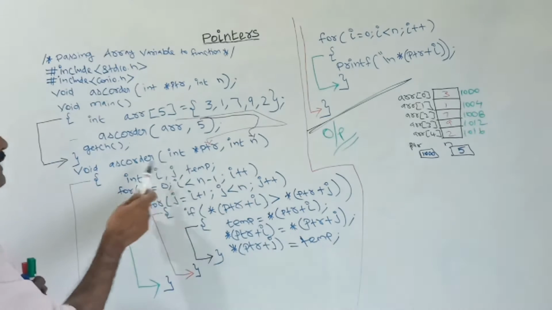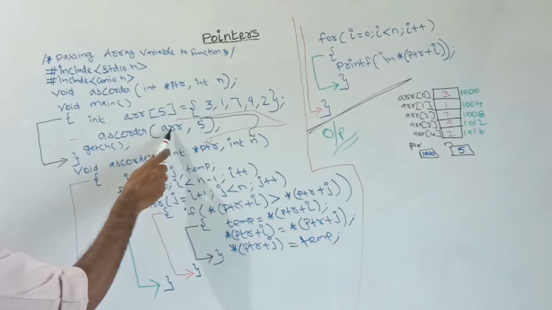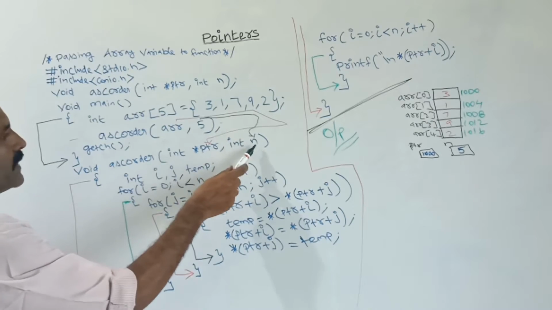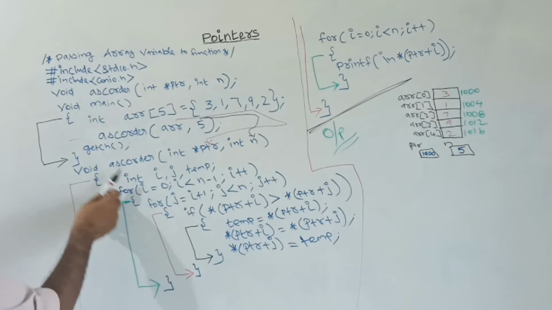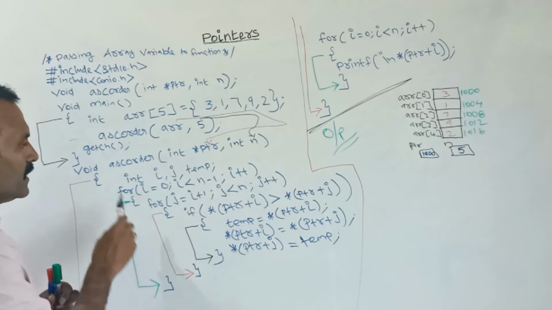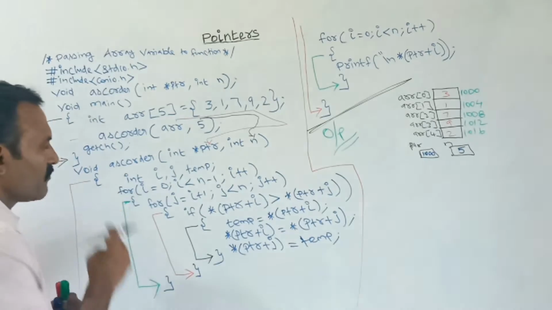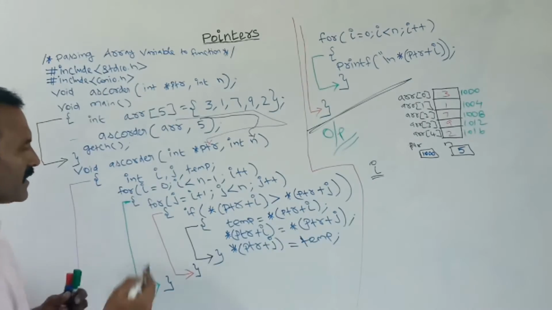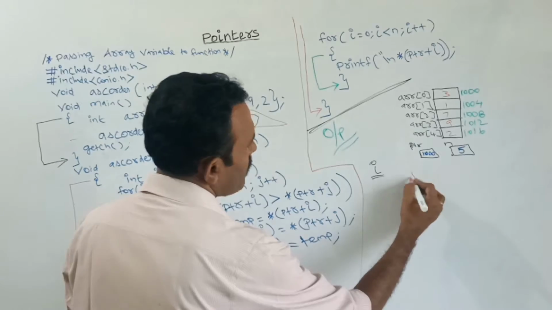See, in the function arguments, first the pointer variable holds the address of this ARR, the base address, that is the starting address. Next argument n, I am passing 5 to this variable n. So n will hold the value 5. Next, inside this function definition, I have created totally 3 variables: i, j and temp. I have used totally 2 for loops. First for loop is the outer for loop, where I have declared the variable i. For the inner for loop, I have declared the variable j.